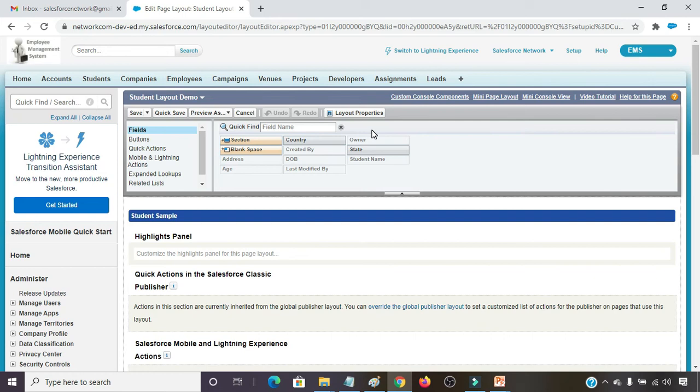Now our next assignment is create page layout of standard object contact by the name contact layout demo. So this one I have to do in lightning view, lightning experience. So first of all I have to click on switch to lightning experience.